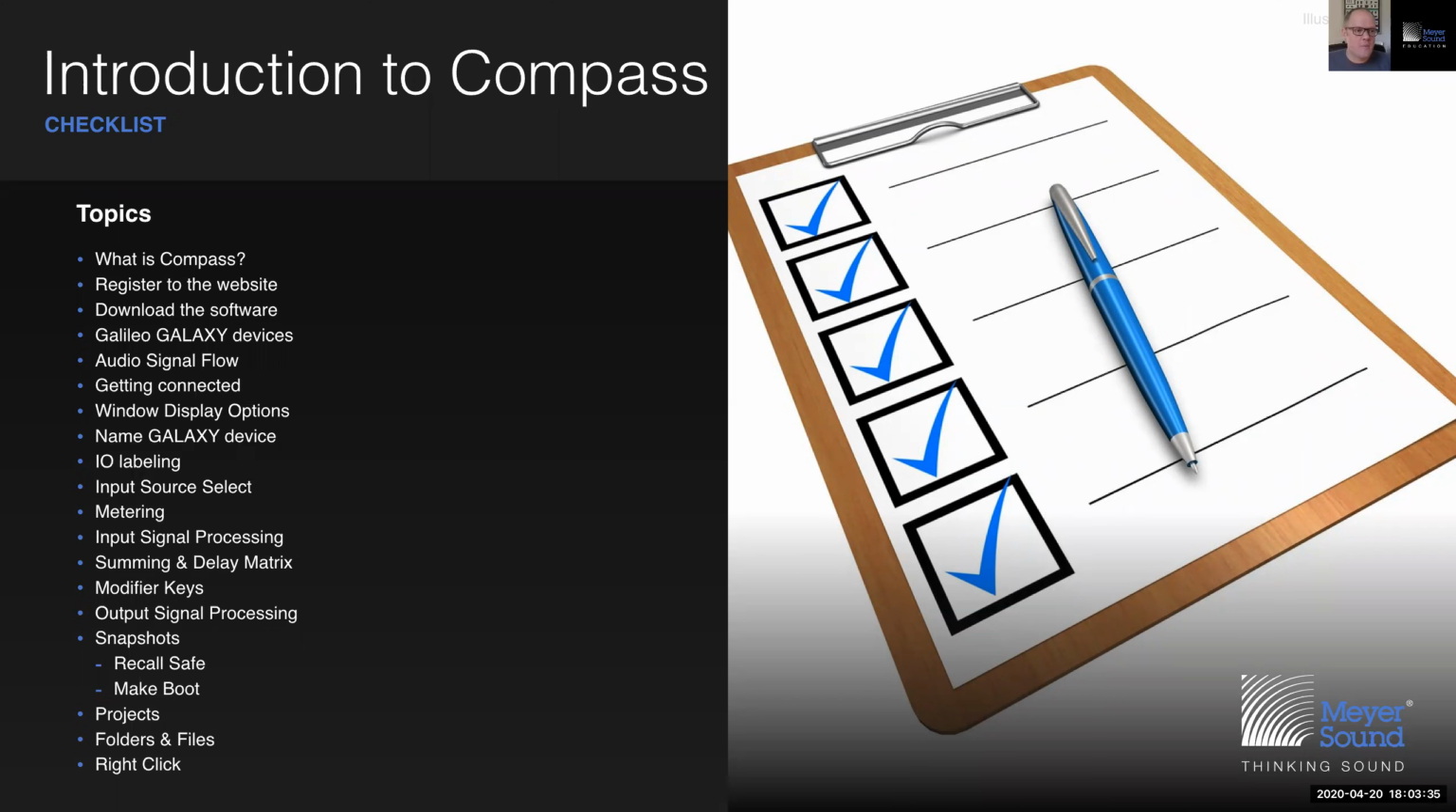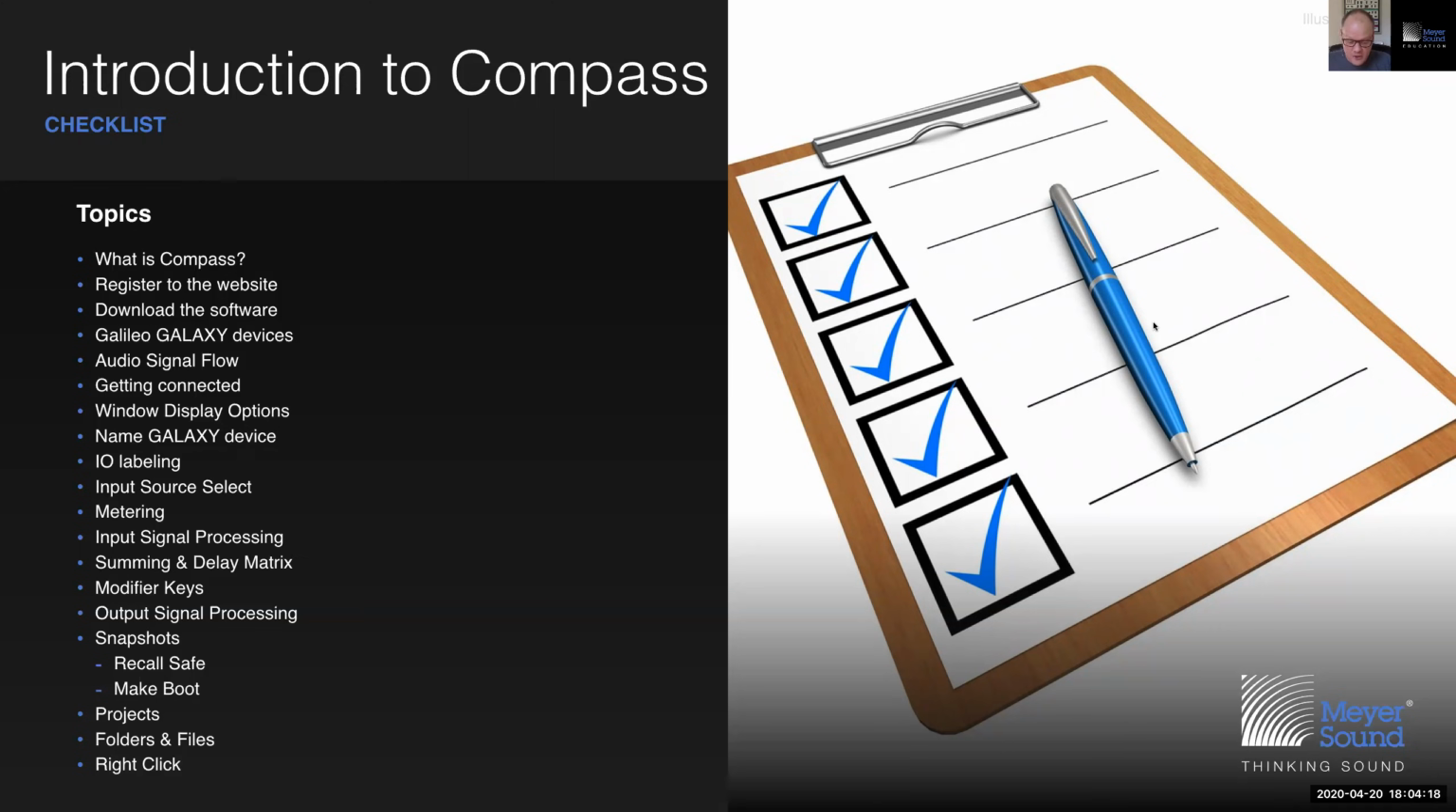So we're going to talk about what is Compass, how do I register to the website so that I can download the software, a little information about the Galileo Galaxy devices, audio signal flow, how to get connected, window display options such as zoom and full screen, how do I name my Galaxy device in a way that makes sense to me, how do we label our inputs and outputs, how do I select my inputs because there are several to choose from, a little bit about metering, and then how do I process my inputs using parametric EQ and such, summing and delay matrix, very powerful summing and delay matrix, modifier keys which expedite the workflow, output signal processing,